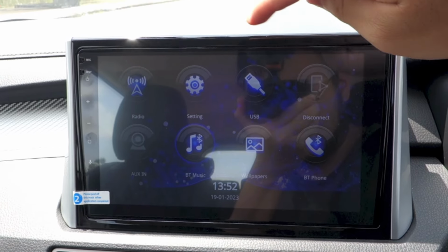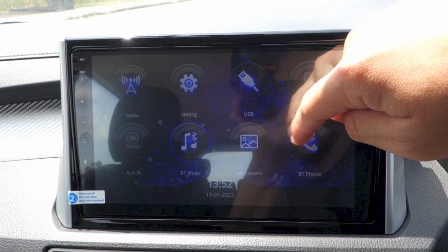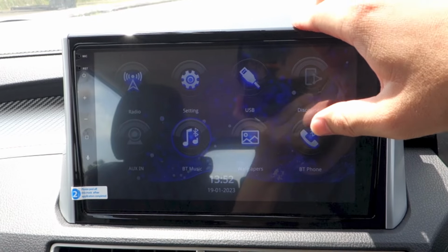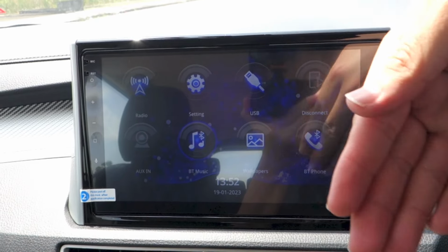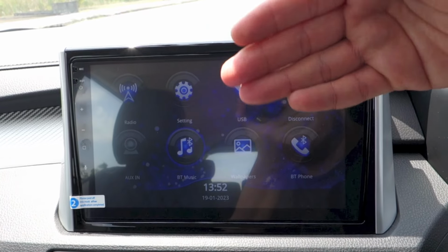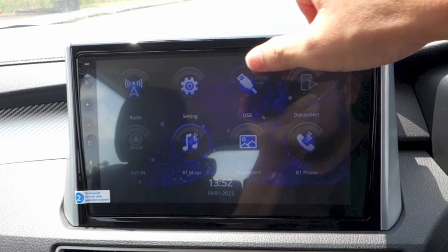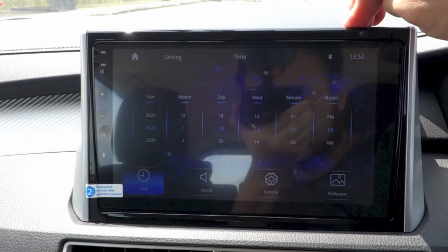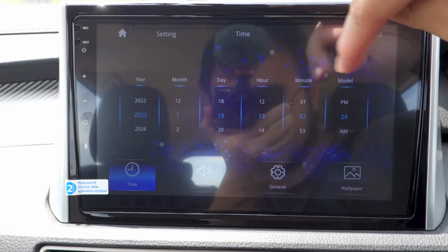And right here we are in the home menu where you can access your radio, auxiliary in, Bluetooth music. You can change the wallpapers, access your Bluetooth telephone menu. Under your Bluetooth telephone menu, you can obviously look at your call lists, dial a number, look at your phone book and whatnot. You can disconnect a device right here. USB and setting. Under setting, you have your date and time settings,